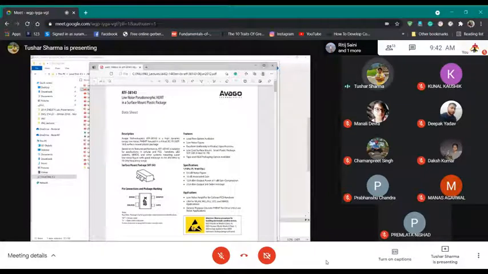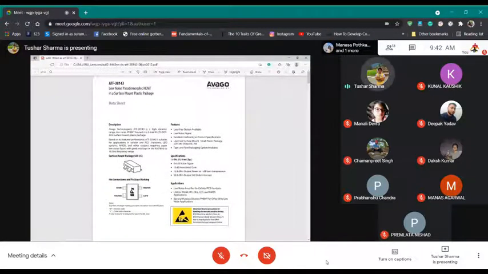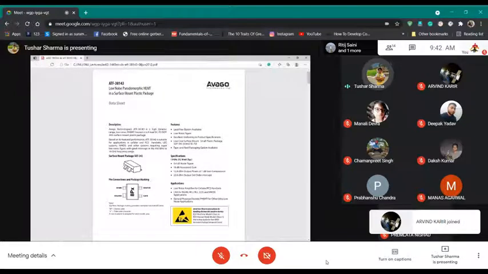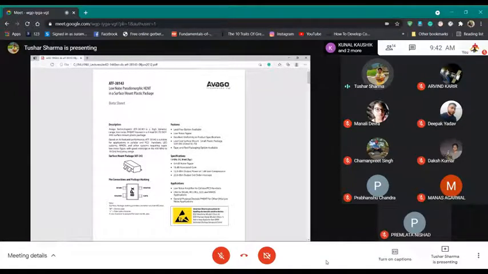So this transistor is manufactured by a company called Avago, which is now known as Broadcom. It's a very big company. They make chips, chipsets, and they are pretty famous all over the world. They're based out of California.